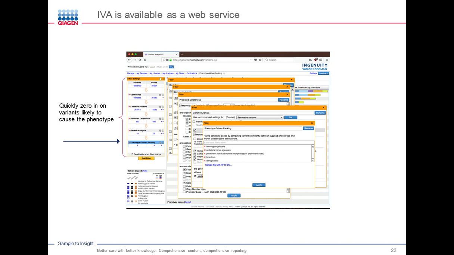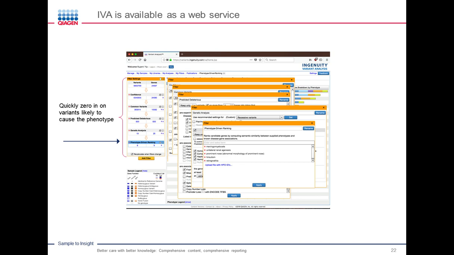So the first step is just identifying a confidence filter, and a confidence filter is essentially saying, I only want to look at variants that I have high confidence in, meaning that they have a good quality score, enough read depth, and are not in a noisy part of the genome where I can't really trust the data. The second filter is the common variants filter, where you're saying I only want to look at rare variants that are likely to be present in an affected individual and not in the general population.